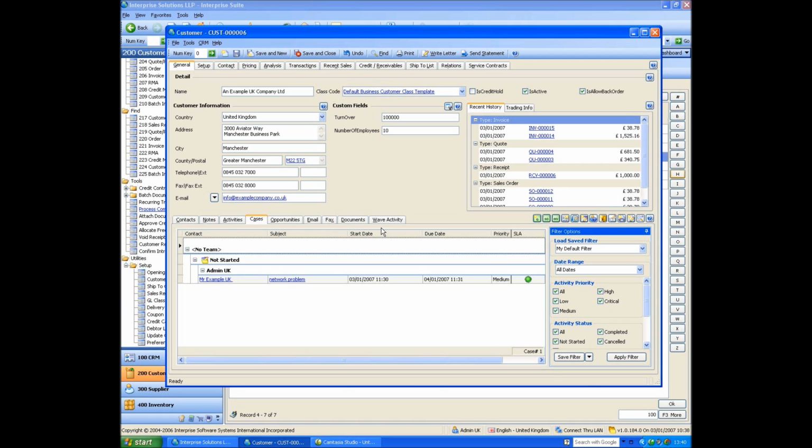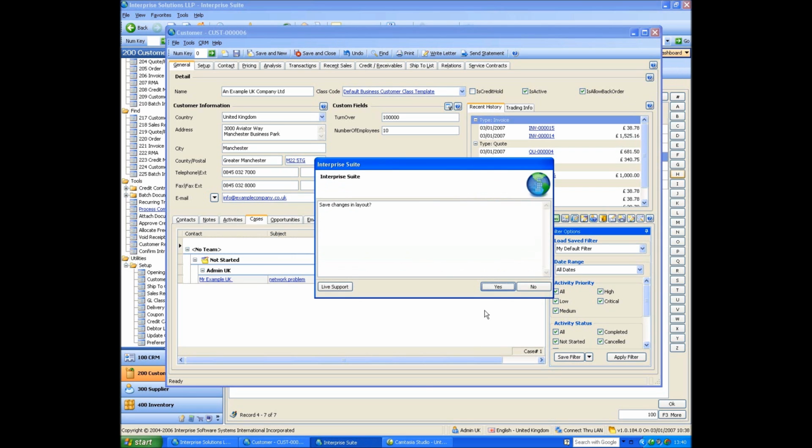You don't need a separate credit control module. There it is. Everything that's going on with that customer, or prospect for that matter, all in one place. I think it's about time, and that's the power of a truly integrated system. Okay, so let's come out of the customer record,